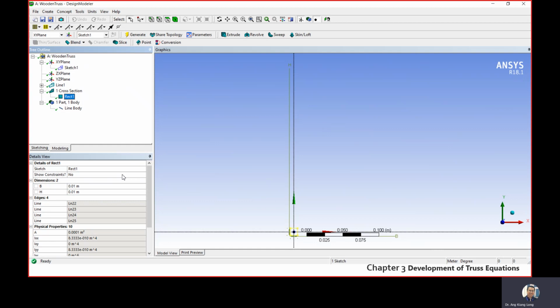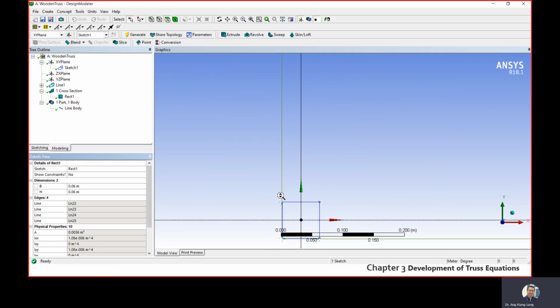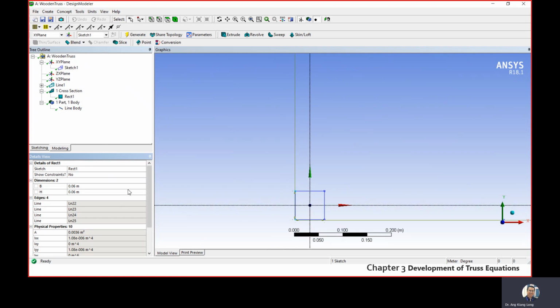So in this case, we are given the dimensions, the B and H. So key in B as 0.06 here, H also 0.06 here. So you will see this is our cross section. So once you are done with this one,